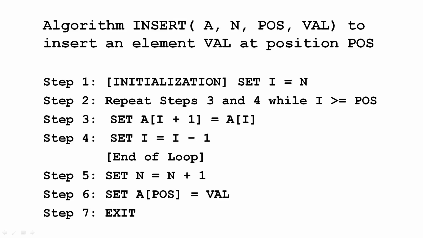According to the algorithm, I have an array A with n number of elements, and I have to insert an element val at position pos. As I have already explained, I will have to shift each element on the right side of pos by one position. Now, there is one thing to notice. I can do the shift by two ways. Either I can shift the element starting from pos, moving towards n, or I can shift the element starting from n and move towards pos. Let's see which one should we use.